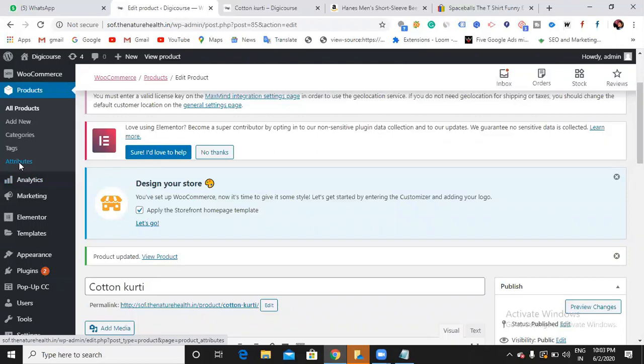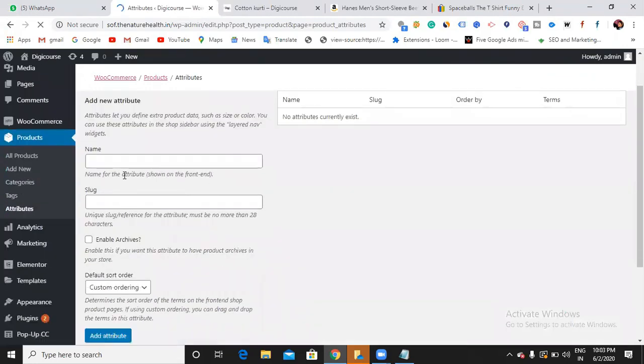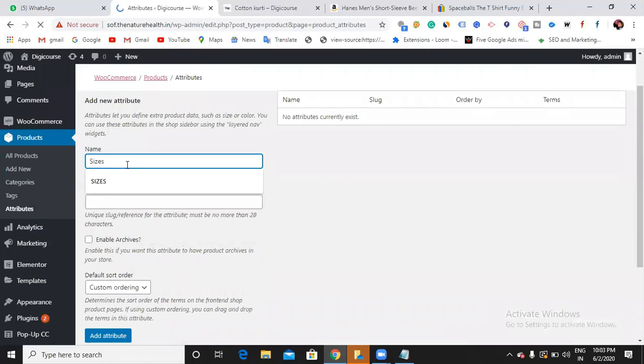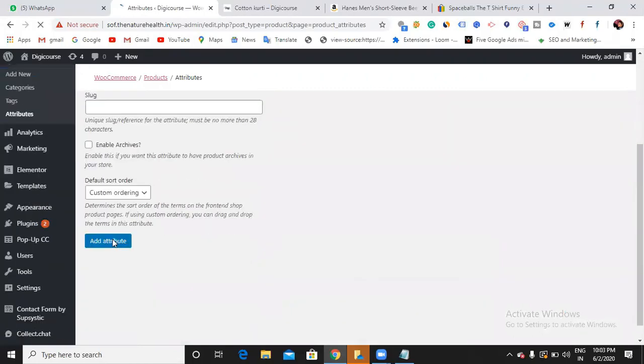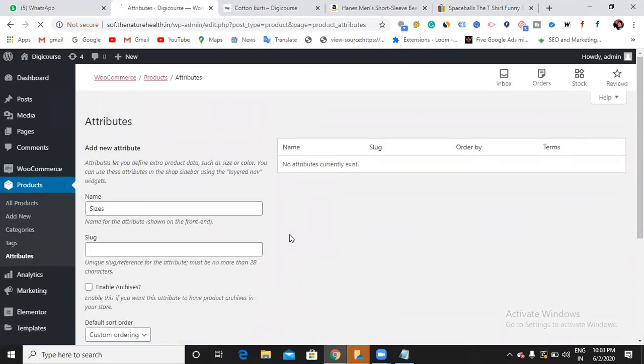Before getting into this wearable option, first you need to create the attributes. Click on attributes. You need to define the variations, so you just need to create attributes. The first attribute I want to create is sizes. Then add attribute. Whatever attribute you want, you can create it.